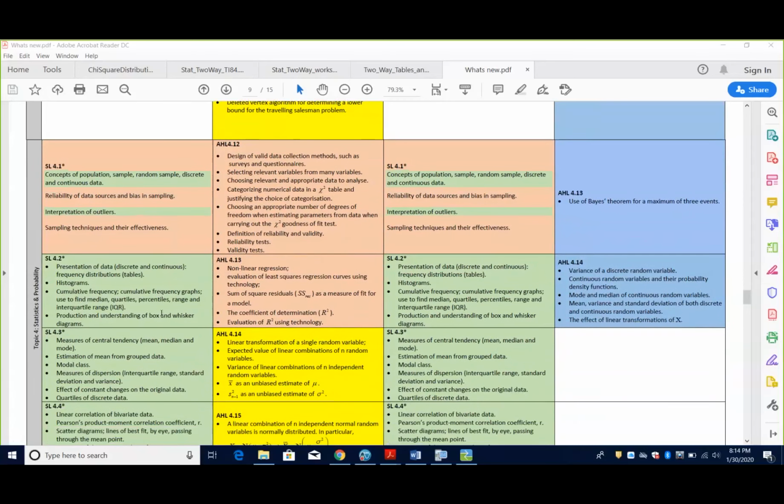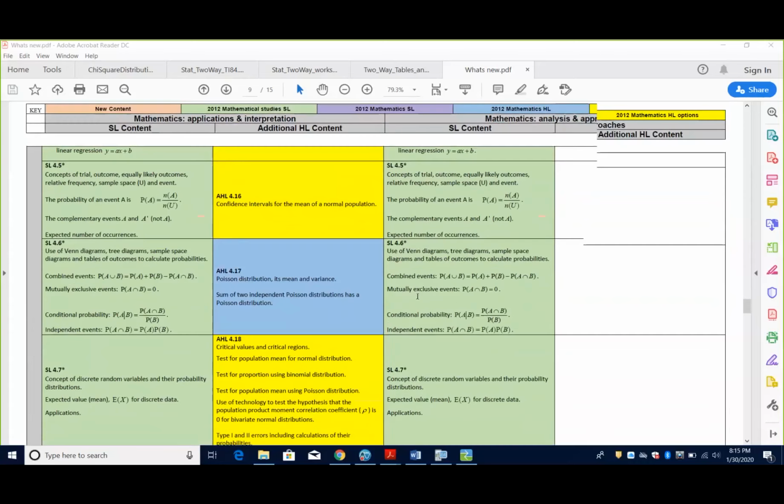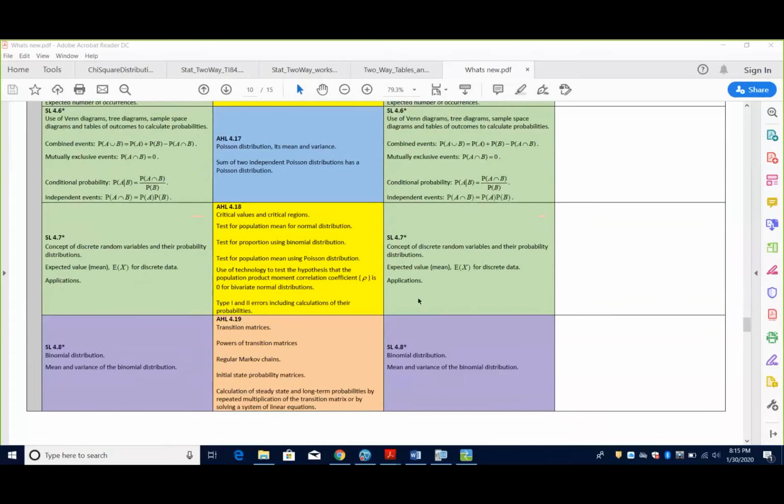For those people who are also unaware, there's little asterisks by the 4.1, 4.2, 4.3. Anything with an asterisk is called the core. So each of the 4 courses have the same core material taught in all of them. So there's 60 hours of material that is the same in all 4 courses. Anything, like I said, with an asterisk is the same material. And so you'll notice as I scan through this a little bit, it goes all the way up to 4.8, okay, and that's where the core ends.